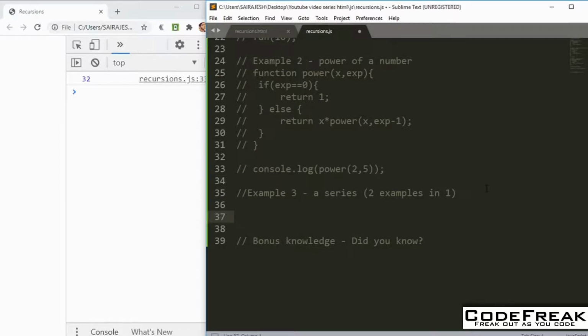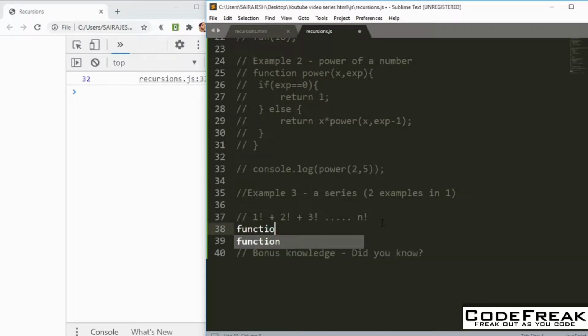All right, so now let us look at this series which we want to do. We want to make a series like 1 factorial plus 2 factorial plus 3 factorial till n factorial. Okay, so that is the plan for this question, till n factorial. So let me just comment it out. Perfect. So let's first make a factorial function which is going to be a recursive function.